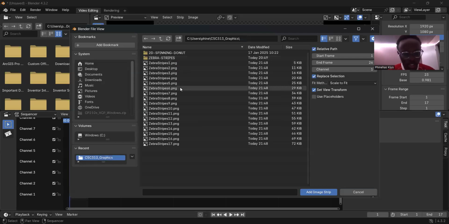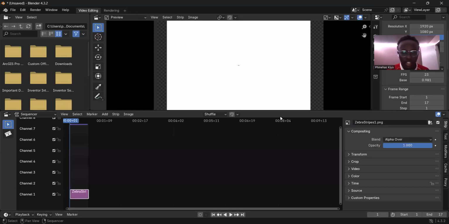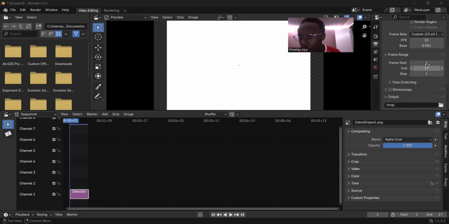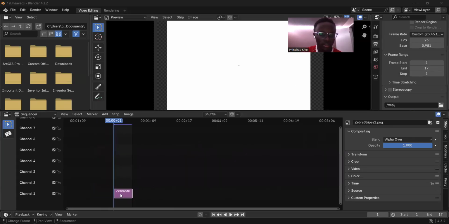So we press A, and then we'll add the images on here, and remove my image there. These ones are already set up pretty well because we want every 17 frames. That's how long the stripe is going to go, and so we'll press play,